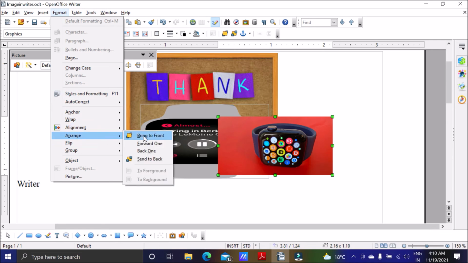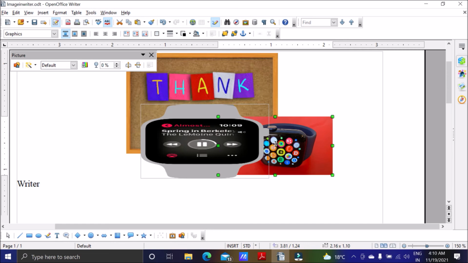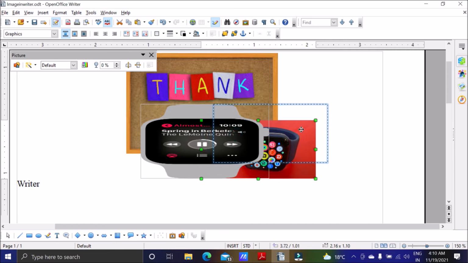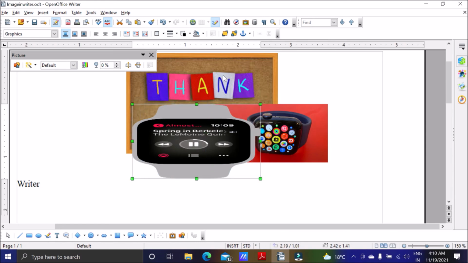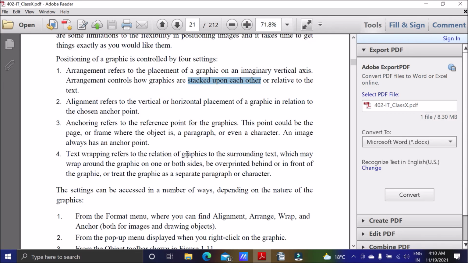Now suppose I want to bring this image back one, so it will go one layer back, one stack back. See, it went one stack back, means this one is now in the second position, this one is now in the first position.